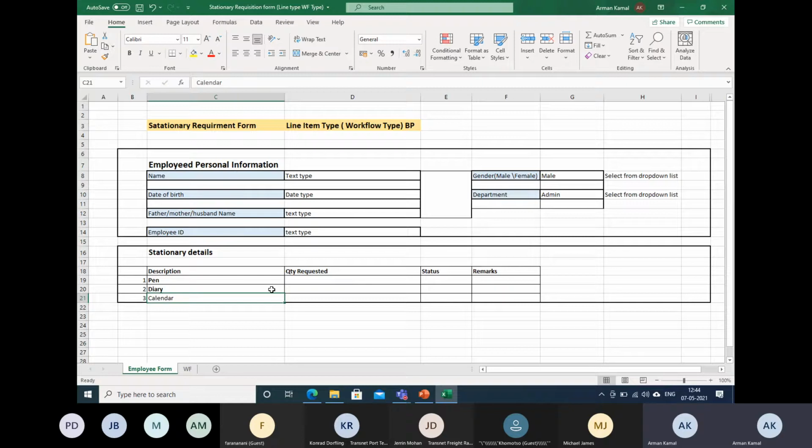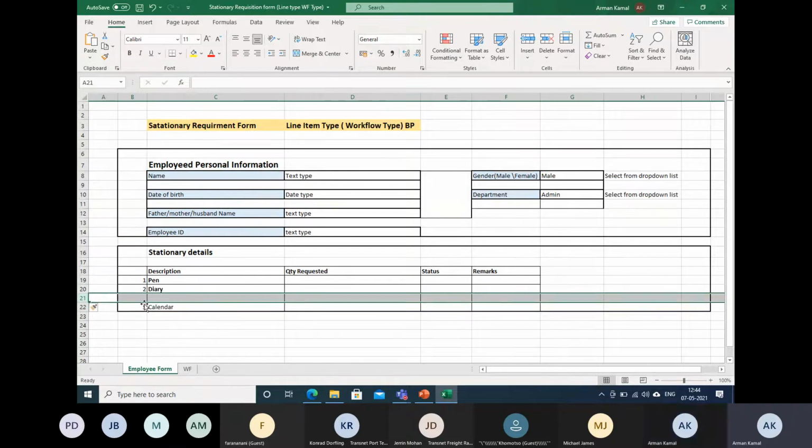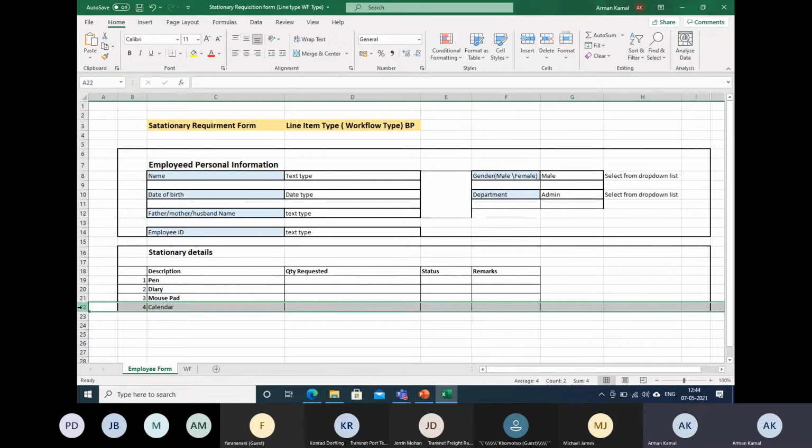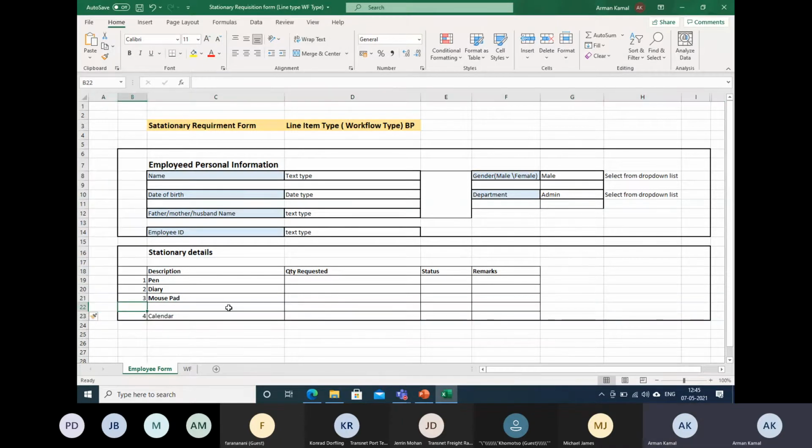But the other guy can request anything else. So let me make it 4. He can request mouse pad. Somebody can request marker. So you're getting a point, right?